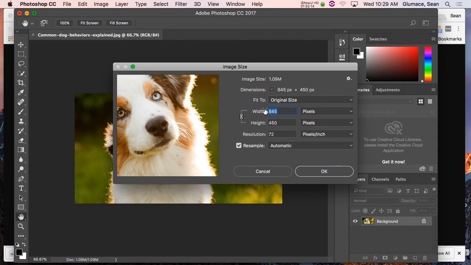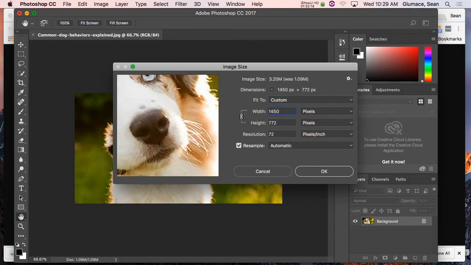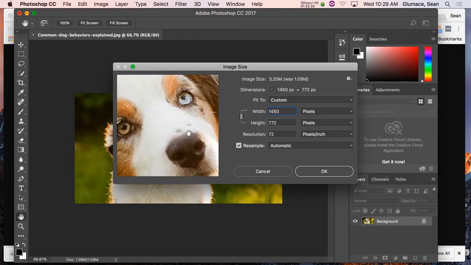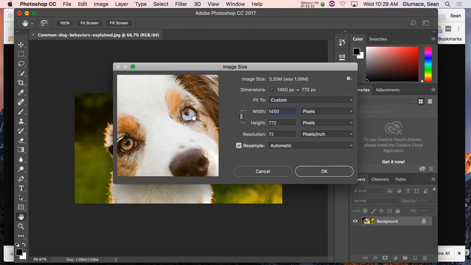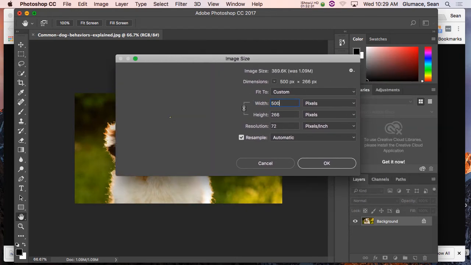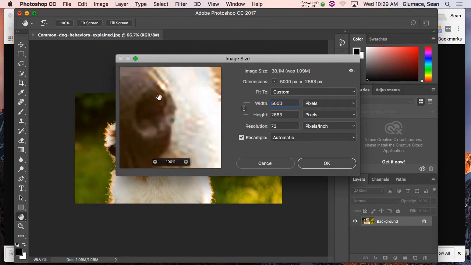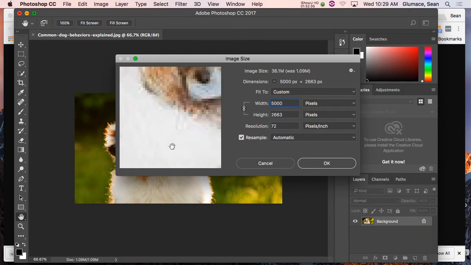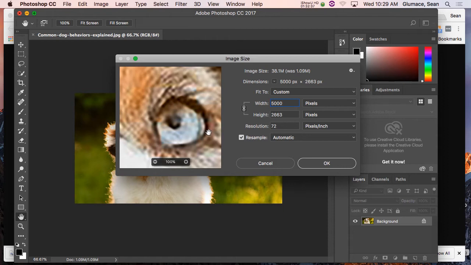The problem is, if I need a file that's 1450 pixels, did you just see what happened? See the pixelization? It looks okay up there, but on my screen it does not look good at all. If I go to 5000, now you can really start seeing the mess.